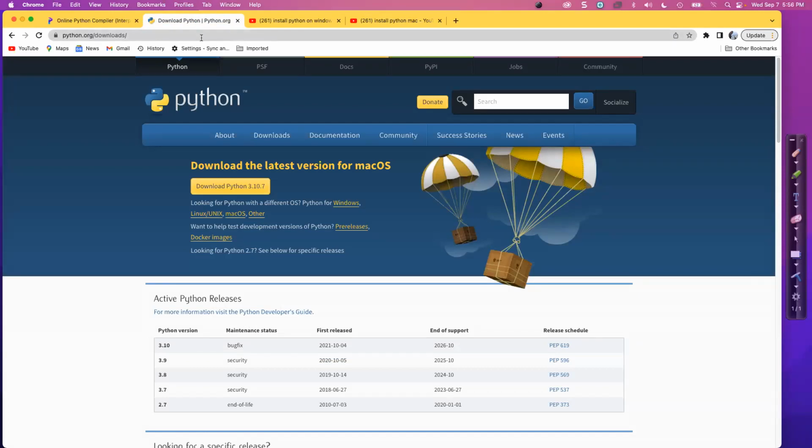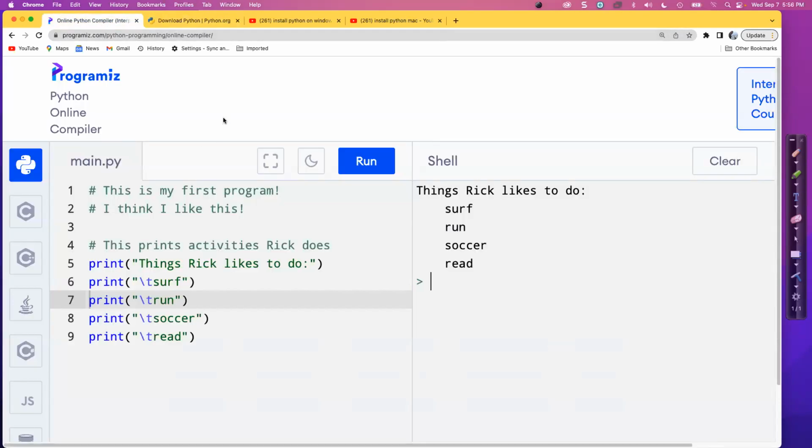I'll demonstrate that another time, because all we need to get started is this online compiler. This is all you need, period, for this class. Okay, that's all you need. Now remember, try things. And all right,